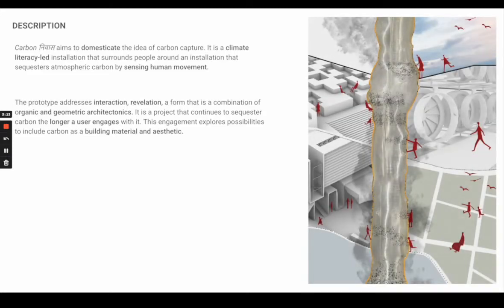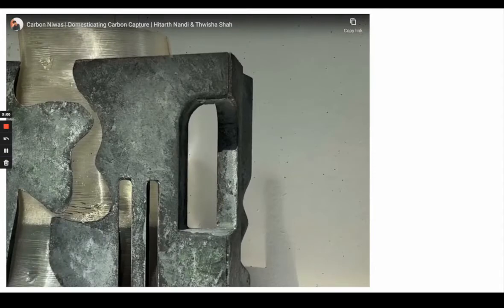Interaction was one of the primary aspects of the proposal, and the prototype is envisioned to flow into different scales and regions through architecture, landscape, and interiors, binding the scales together. Here is a short video.